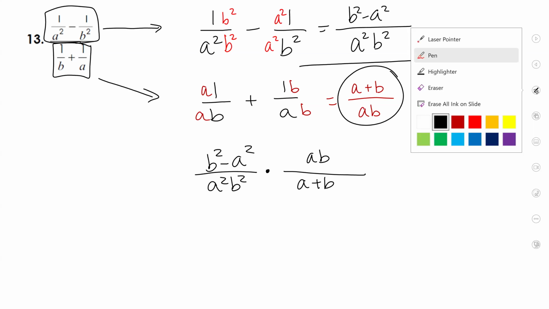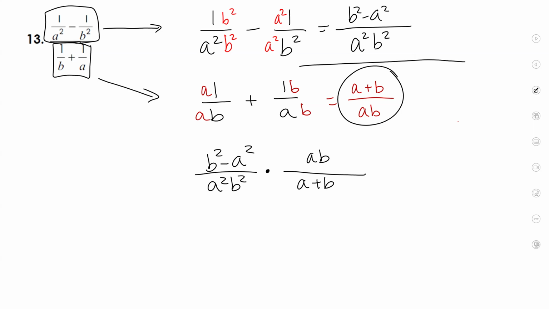Okay, guys, let's go ahead and factor. Do you guys see this over here can be written as B minus A times B plus A? B times B will give you the B squared. BA minus an AB, they cancel out. And then A times A will give you that minus A squared. So you can rewrite that as this. All right, so we can rewrite this as